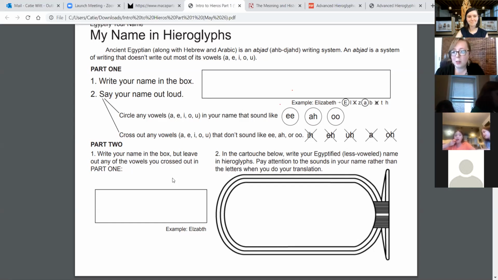It's hard to tell how far we are with being on the Zoom session, but we'll just talk about it